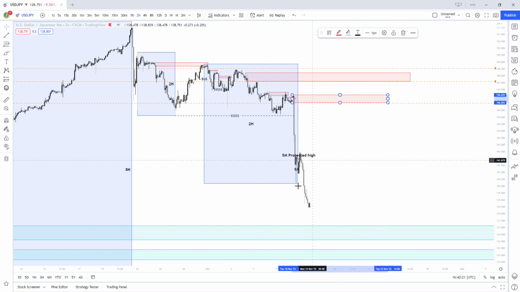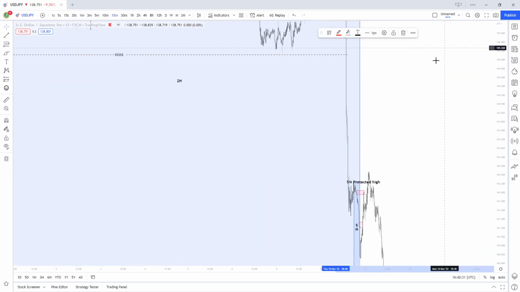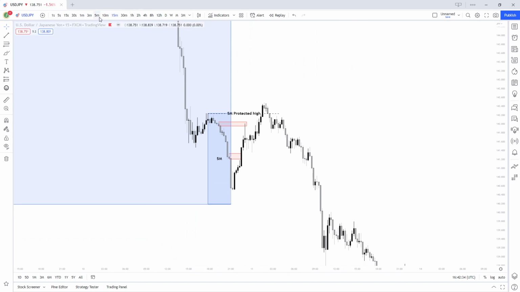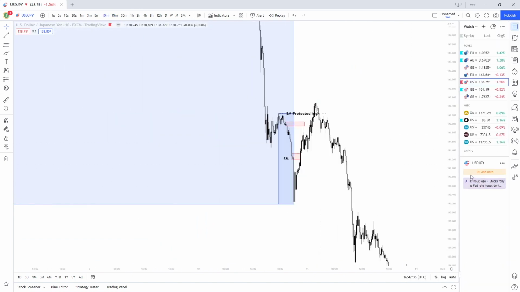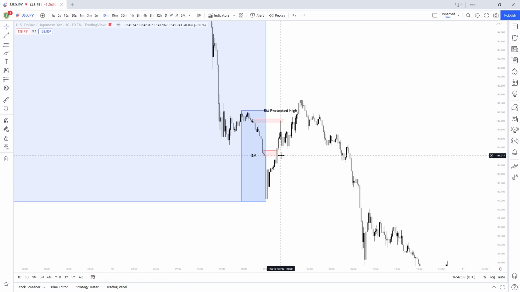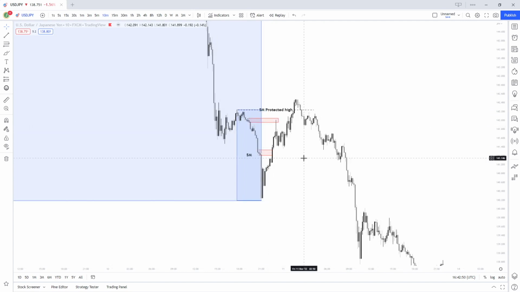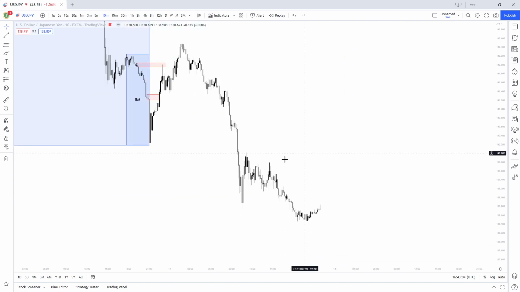But if we see the pullback now, for example, before we've tapped into these zones, we could very well be looking inside of these as valid supply zones to take trades from. If you then go lower, I was identifying 5-minute structure. We were looking inside of this, hoping to see a mitigation of one of these regions. We did have a reaction from one, and the early confirmation, let's say, of a reversal from that region. But ultimately, we see that price has then come up to break that 5-minute protected high, or at least liquidate that, before reversing, breaking structure, making that move lower.